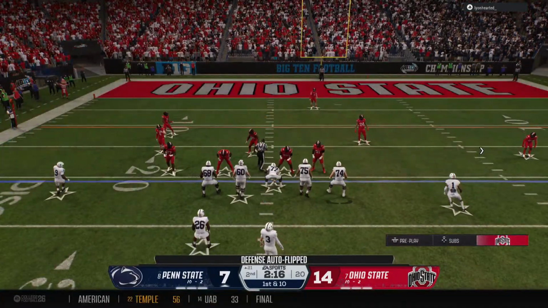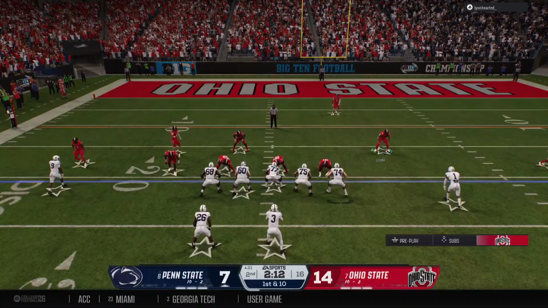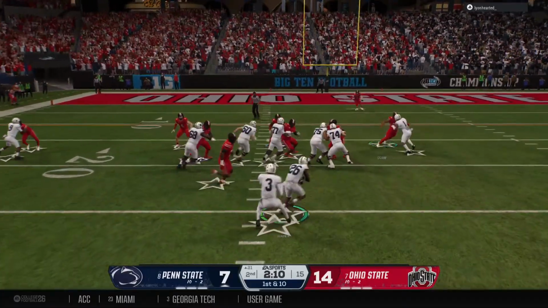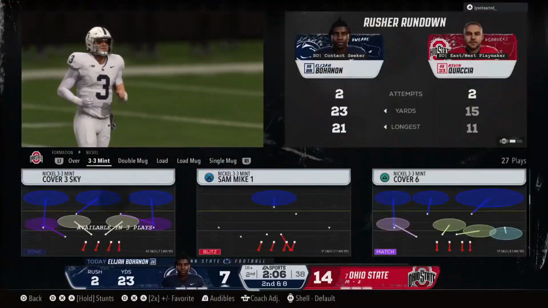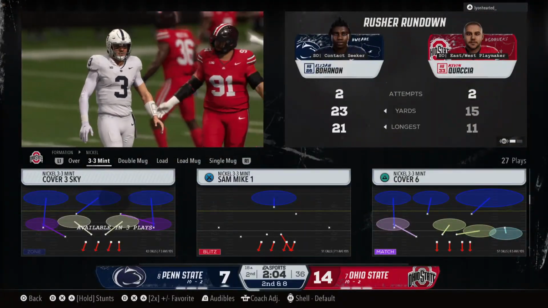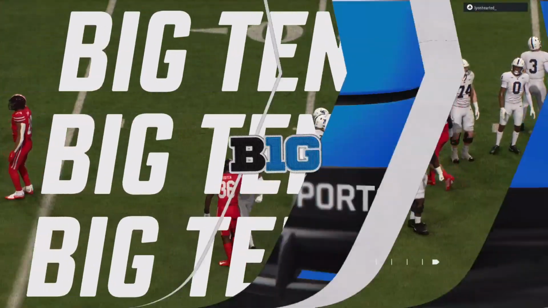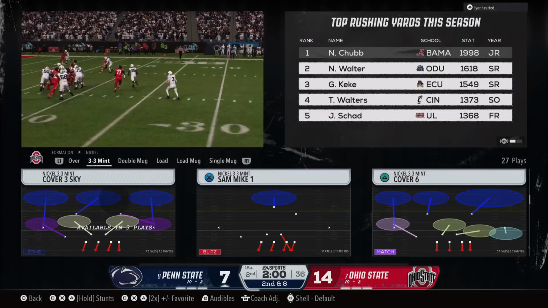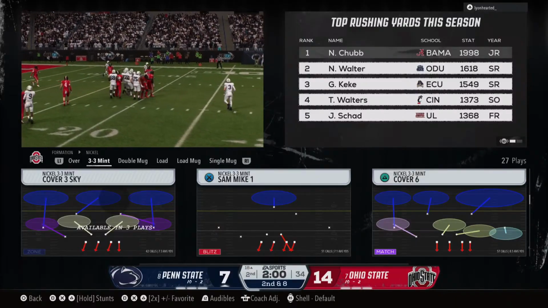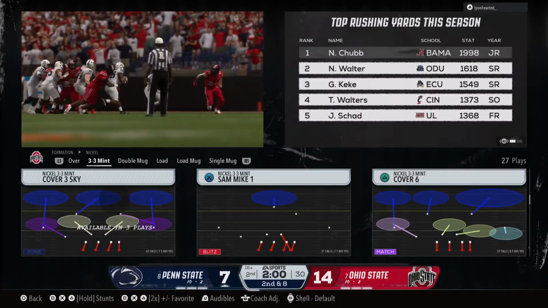The Nittany Lions with 1st and 10 here. DBs looking to jam the receivers at the snap. There's the handoff. It's a 2-yard gain. 2nd and 8. Chris, the spread era over the years has always grown offensively, but I've always been impressed with the defenses that really build their defense to play in space, still have an ability to be sound at the line of scrimmage and defend a running game. It's exactly what we saw right there.